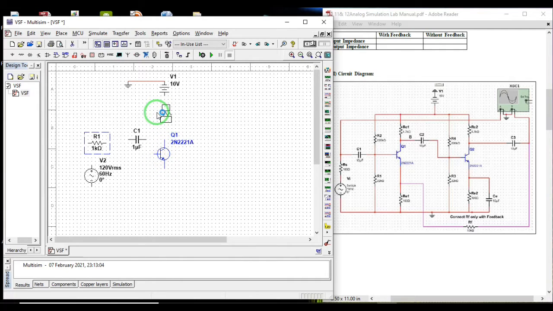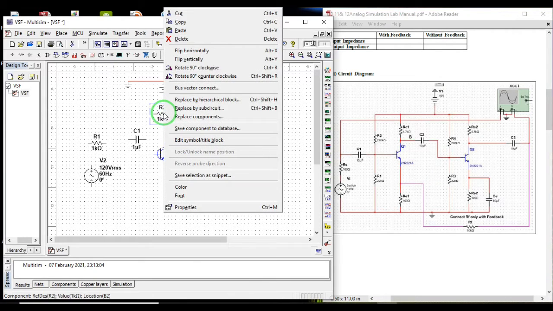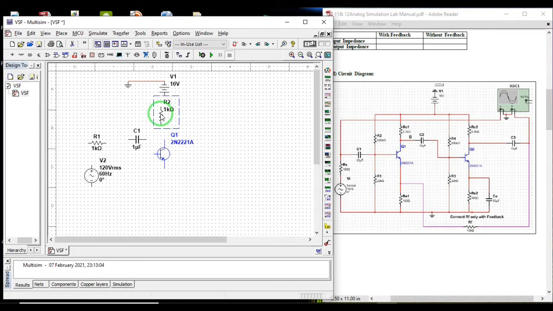Either you can do this or you can use shortcut keys Control C, Control V. Now I'll have to rotate it clockwise, and you will connect it to the source. This one to the source, and we have one more resistor. Copy, paste, Control C, Control V, and I'll place it here.